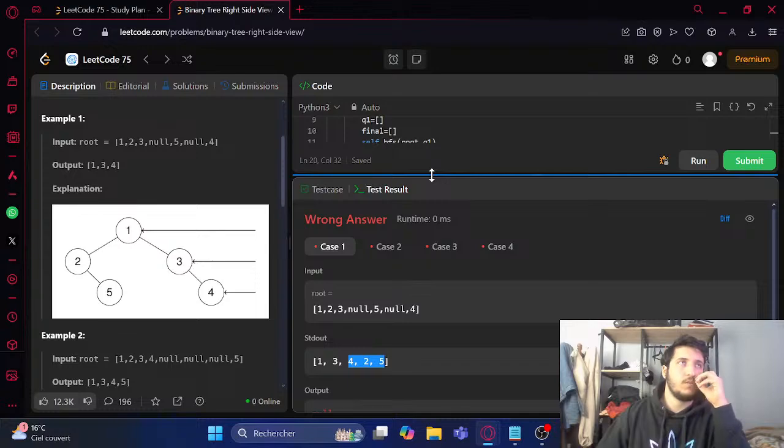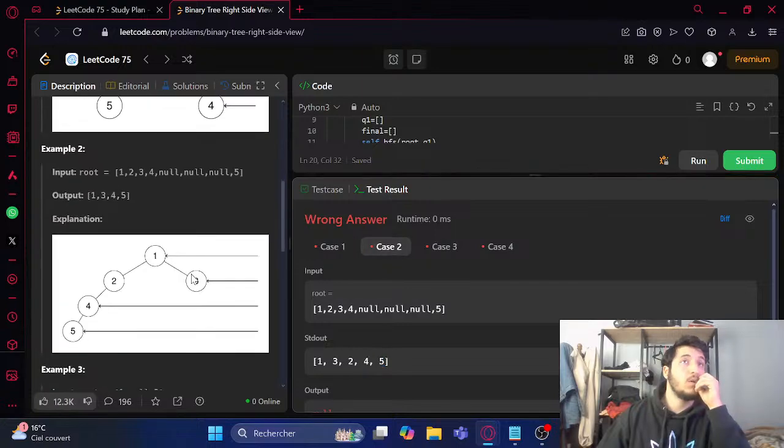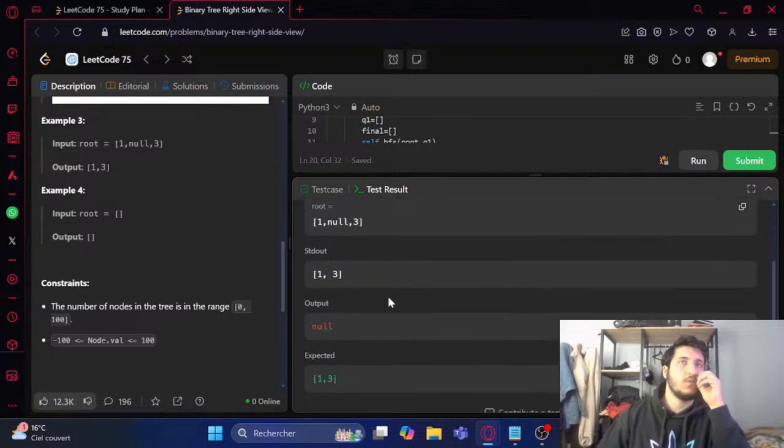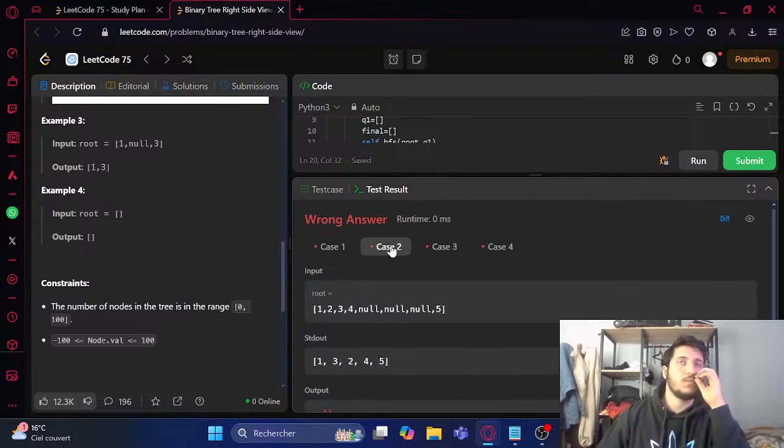Okay, so every time 1, 3. Okay, so and the second 1, 3, 2, 4, 5. Okay, and is there another test case? So the test case 1, 0, 3. Okay, so